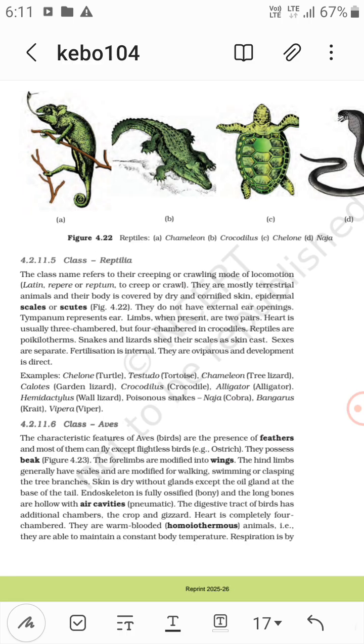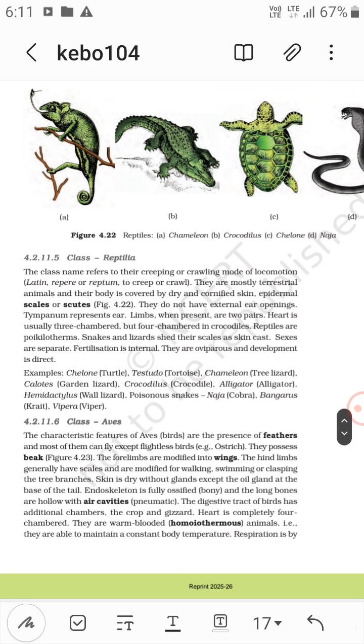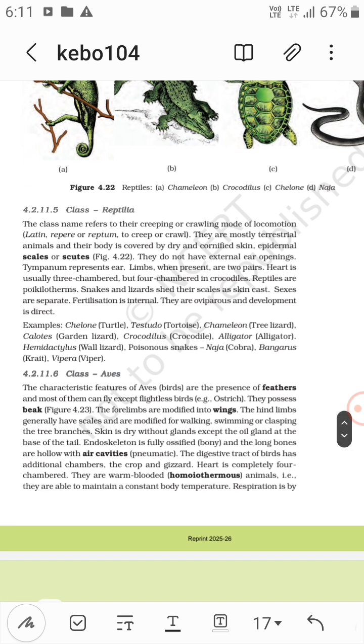Fertilization is internal. So Chelone, that is turtle in the third diagram, then Testudo, that is tortoise, then Chameleon, that is tree lizard, sitting on the tree branch. Calotes, that is garden lizard, Crocodilus, crocodile, Alligator, Hemidactylus, wall lizard, poisonous snakes Naja, cobra, Bungarus, that is krait, Vipera,